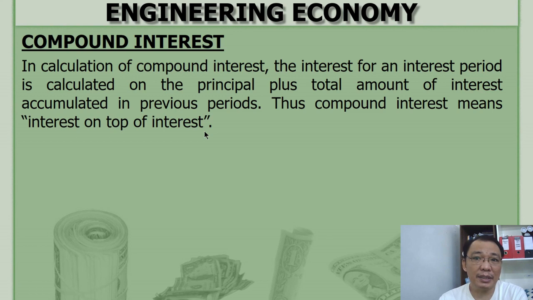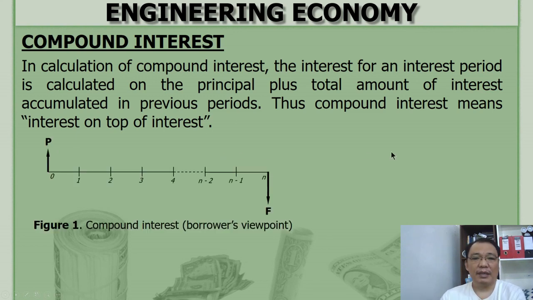Ang simple interest, ang principal lang, it's only the principal that will earn ang interest. That is why, every interest period, constant ang interest. Whereas sa compound interest, ang interest sa previous na period will earn another interest sa succeeding na periods. That is why this is called interest on top of interest. Okay, so